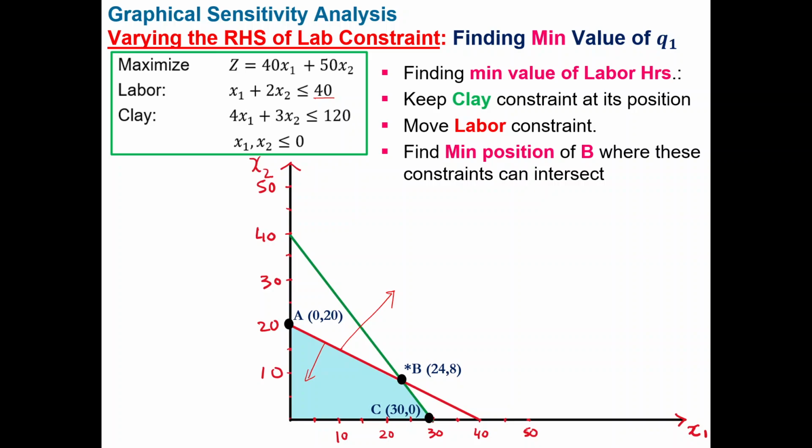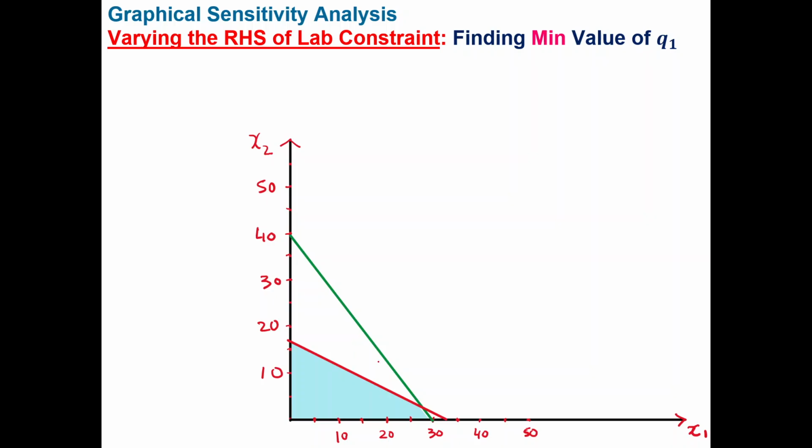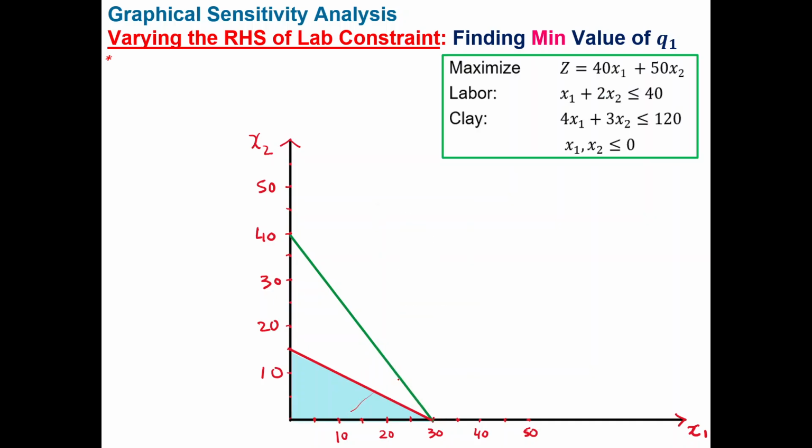So just for this, if you see for the visualization, as I move this labor line towards the origin, I have found a new point of intersection of B, and I can see that if I move it further towards the origin, then this is the lowest point where these two lines can intersect. Again, the coordinates of B (30, 0) we found in the first lecture. So now this is the lowest point, 30 comma 0, where